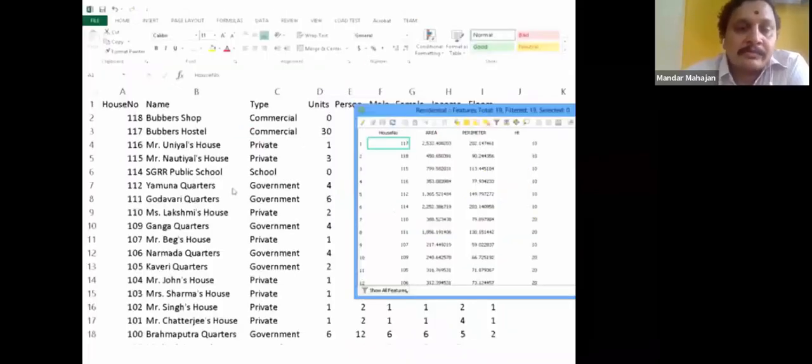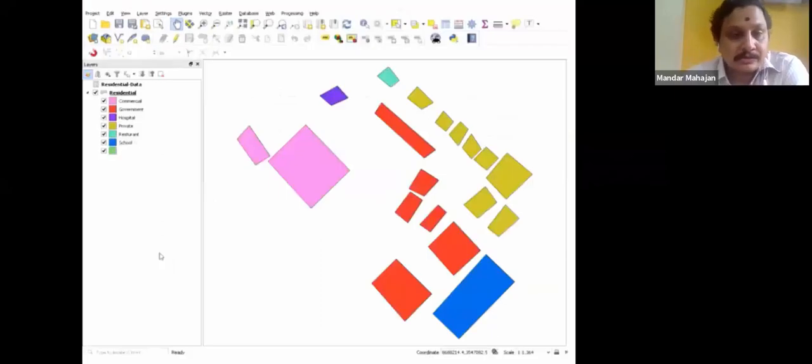Okay, now there are different data which are possible. One is spatial data and non-spatial data which can be associated with it. The data which is GIS data is called spatial data, and non-spatial is attribute data, which is actually to be collected from the field, and both are joined together to form a large database.